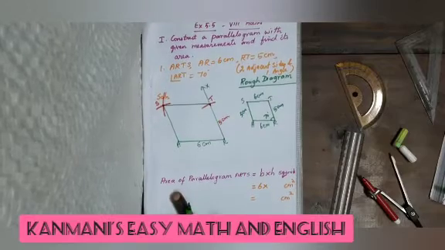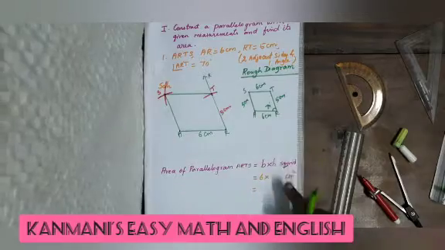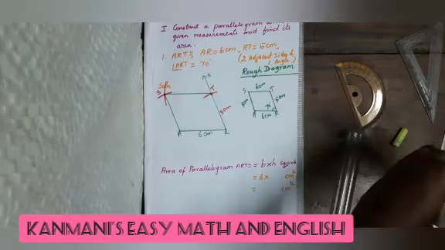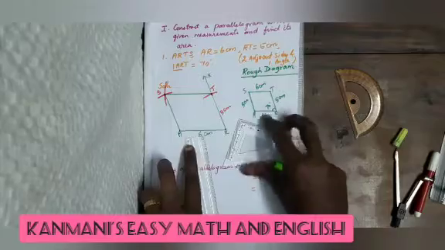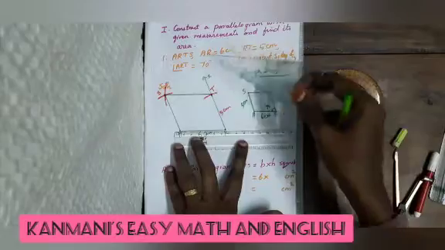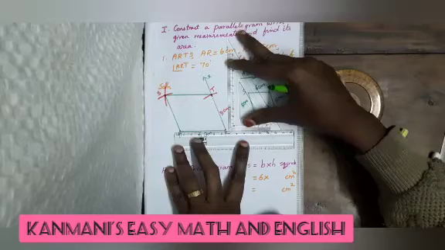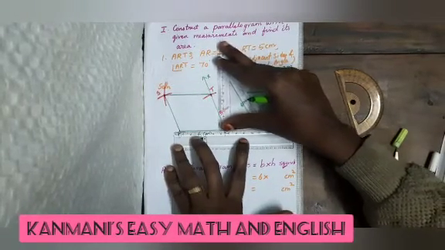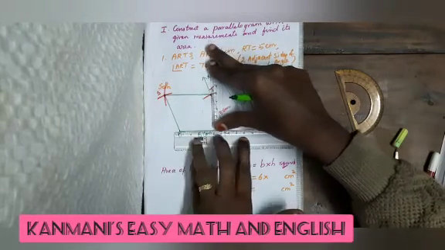Next, a calculation of area. Area of parallelogram is equal to base into height. So we know the base is 6 cm. We want to find out the height. We know how to find out the height of a figure. So we have to use our set square and scale. So placing the scale like this and your set square like this. So you can place it here. Now let us slide the set square until we get a vertex. Name it as T. So we should stop here once we get it.